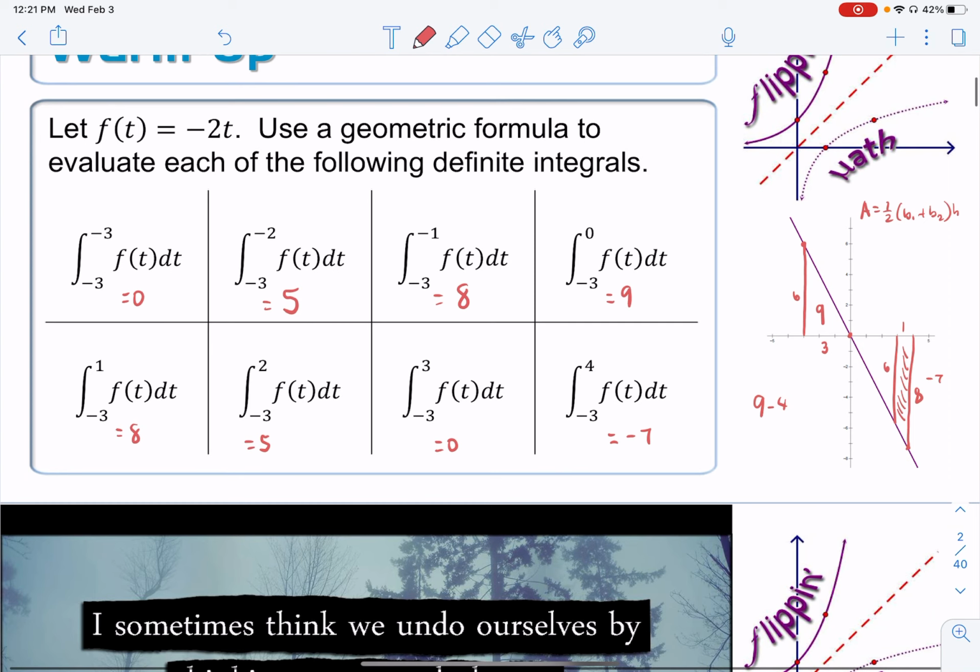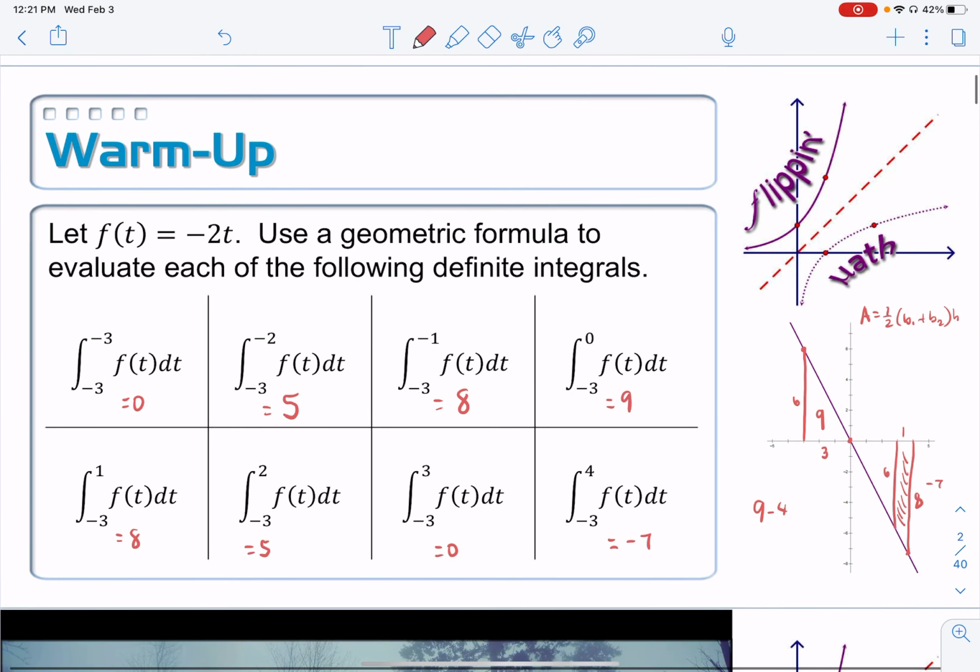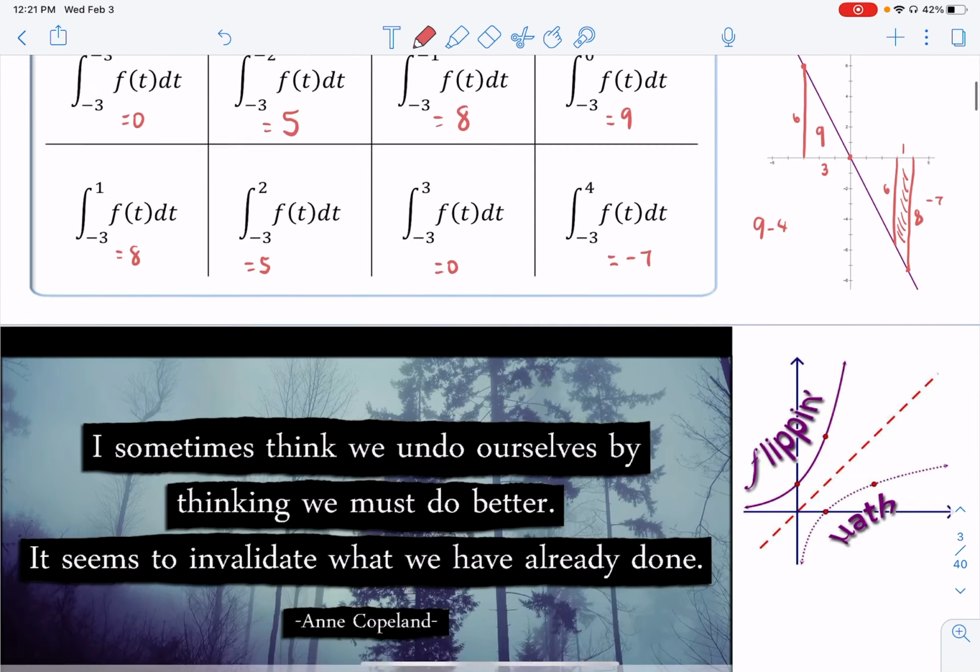Okay. So you're probably wondering what the point of all of that was. Was it just so that we could practice our geometric formulas like triangles and trapezoids? No, it wasn't. There is a point to it, and it has something to do with one of these fundamental theorems of calculus, which are going to bridge a lot of what we did in the very first semester with derivatives, what we're doing currently with antiderivatives, and finding the area underneath the curve, which brings us to our objective